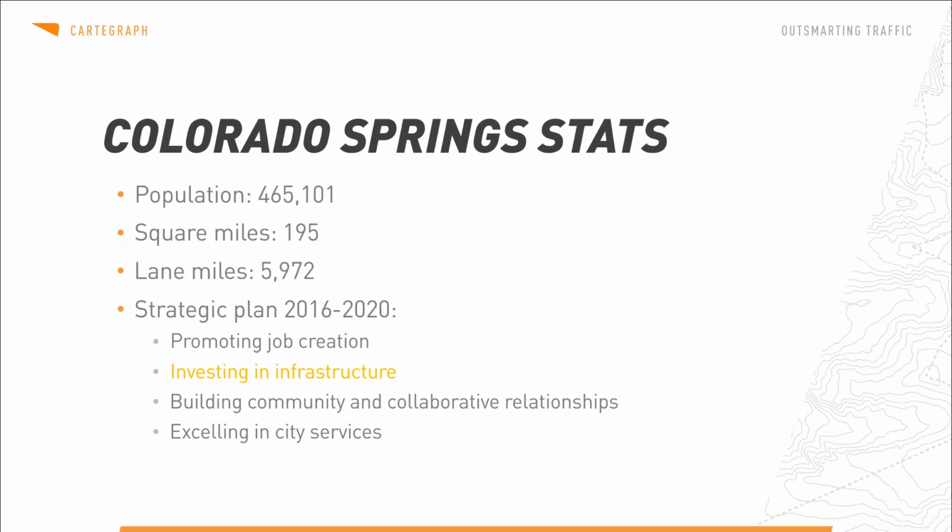Colorado Springs started with Cartograph in 2005. Here's some stats relating to the city. One thing I really wanted to focus on was under our strategic plan starting in 2016 was investing in infrastructure. That was a very key point for all citizens. I really wanted to focus on road repairs and other asset infrastructure that needed to be addressed after several decades